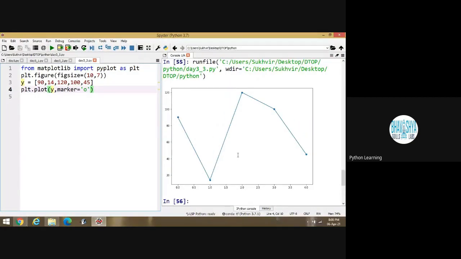But one difference is there in this program. What is the difference? Now by default, same difference is there on x-axis because the contents are defined from compiler side now. First value is equal to 0, second is 1, then 2, then 3, then 4. By default, gap of 1 is there. Otherwise, you can write the value from your side.